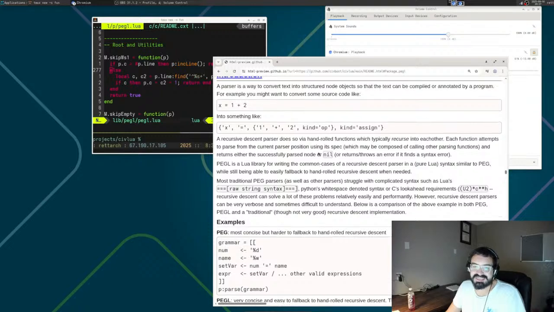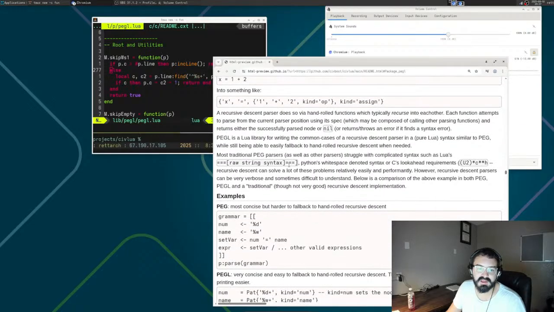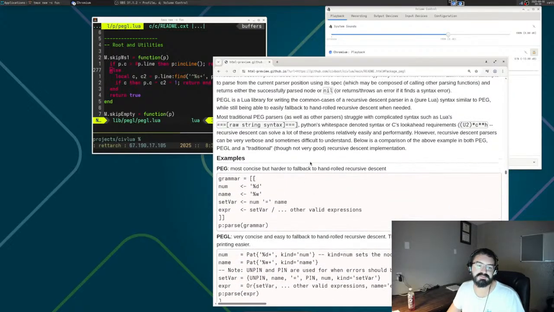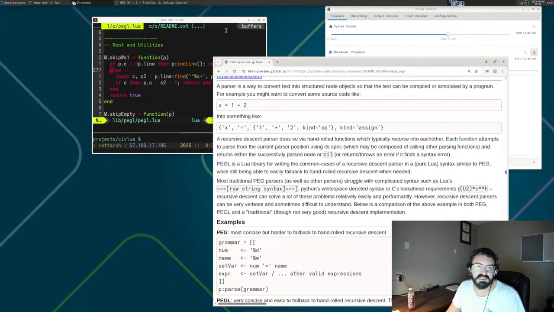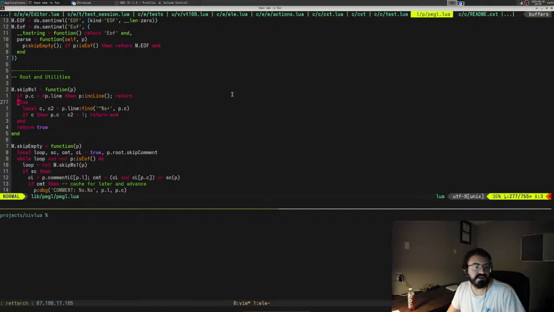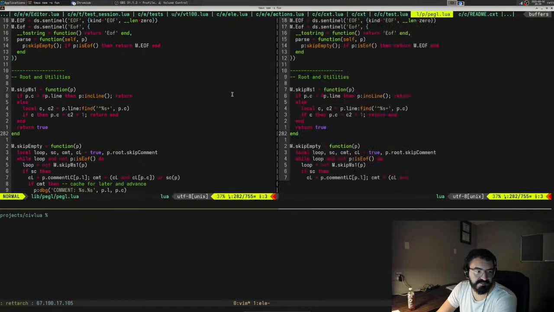For syntax highlighting, we don't need a complex abstract syntax tree. All we really care about is what kind each symbol is. And we're going to ignore things like op. And we don't need to be very extreme, it doesn't have to be perfect syntax. In fact, we don't want it to only be able to parse perfect syntax, but we would like it to maybe give hints when the syntax is wrong. So we want a little more forgiving syntax parser. Fortunately, we already have a parsing expression grammar in Civ Lua, which is Peggle, and Peggle